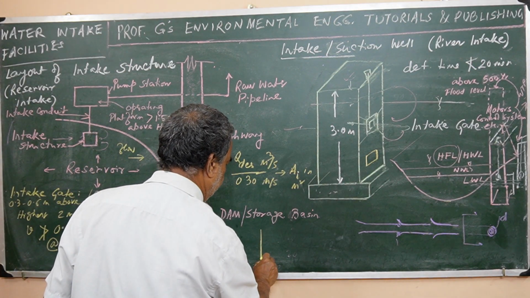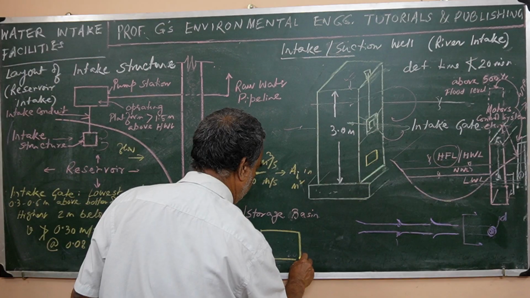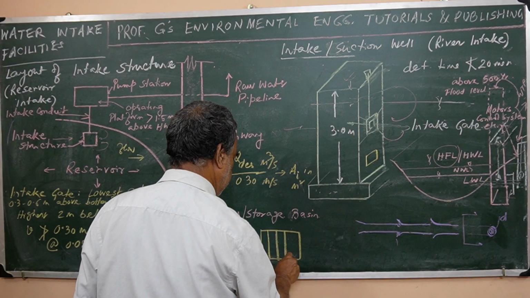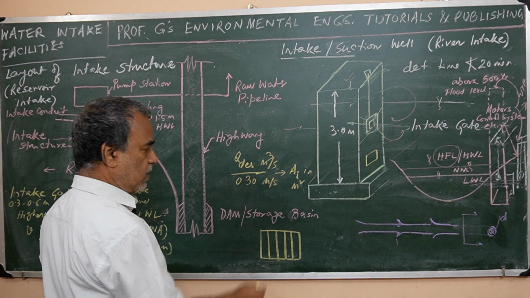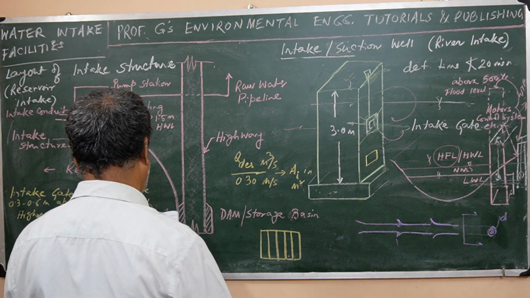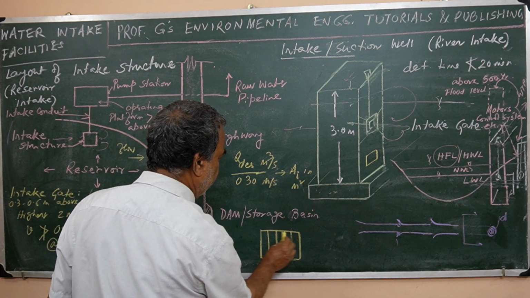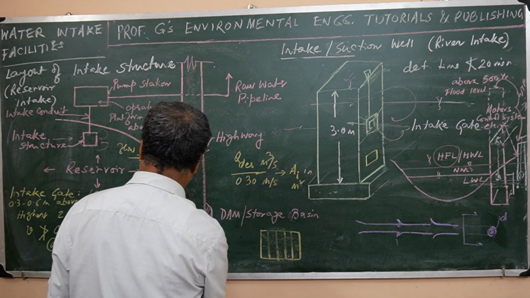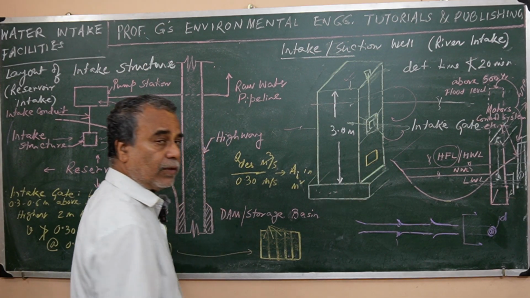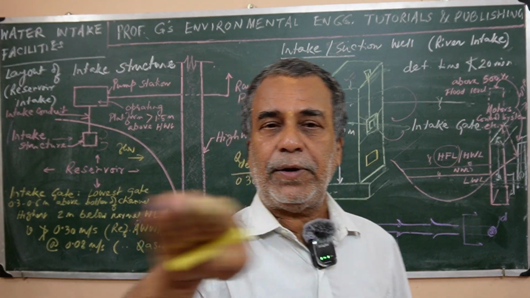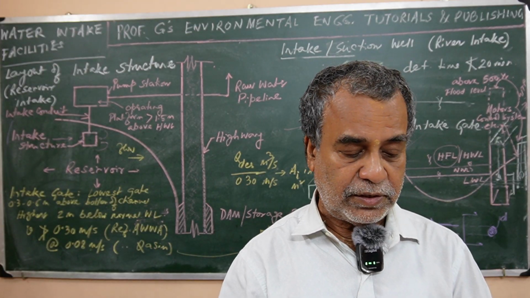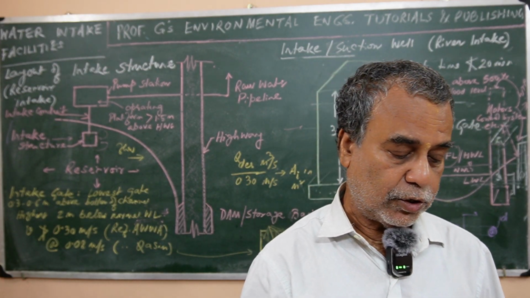Suppose this is the gate, okay? Now suppose we have used a bar like this one, right? This is the gate. So here actually this bar, if it is there, then in that case this will be the solid, based on that solid area, total area. Based on this actually this will be the opening area, total opening area also, right? So this actually will be applicable for other intake ports also or gate also. So this is about the area